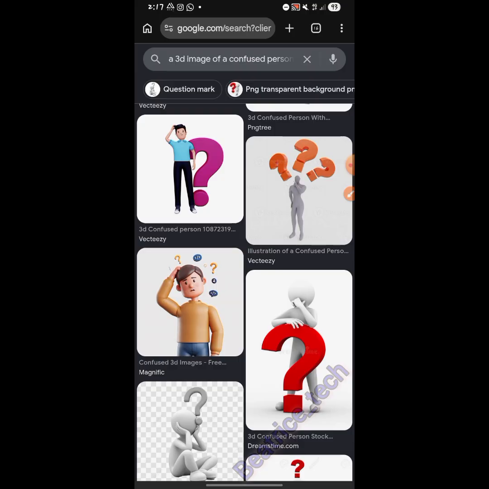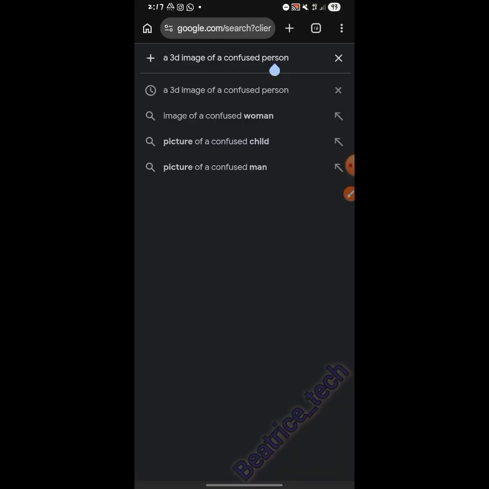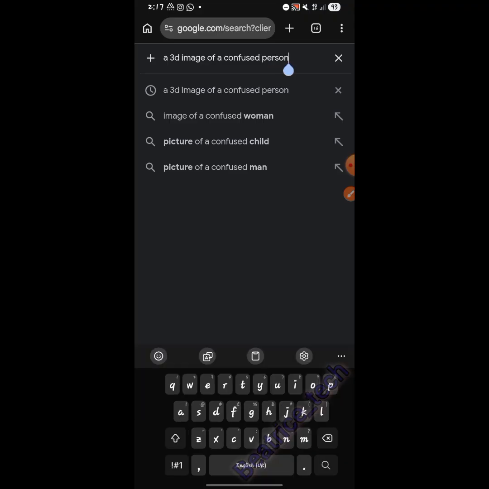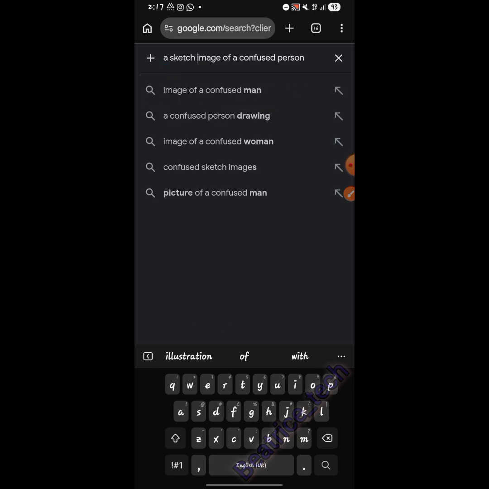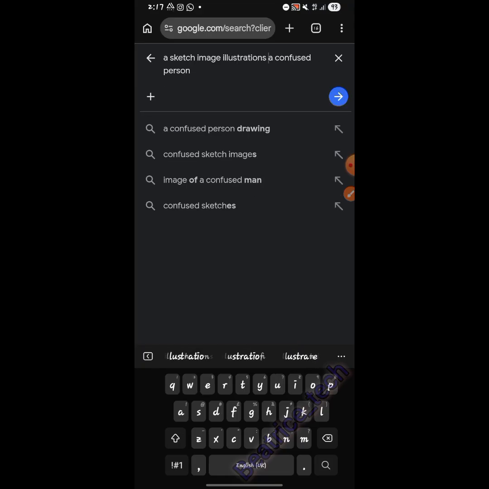Just a 3D image of what you want, you understand. So now let's use an illustration, a sketch image illustration, and it will give us